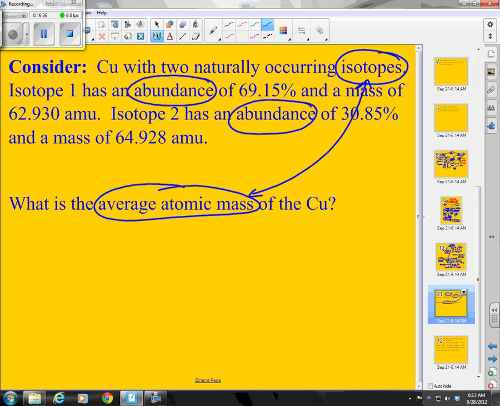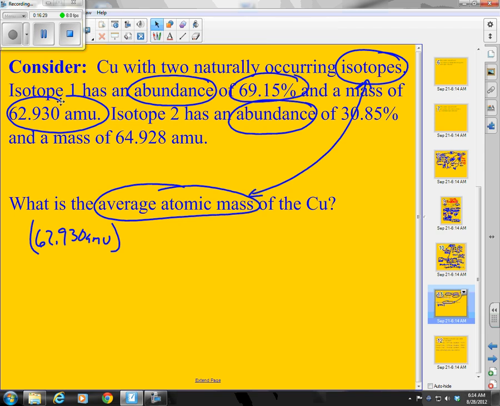And so let's take a look and see if we can do this. We want to figure out my average atomic mass. So I want to take my mass 1, here's my mass 1, 62.930 AMU times abundance 1, and I have to make this a decimal. So I move my decimal point 2 places to the left. There we go. So that's going to be what? 0.6915